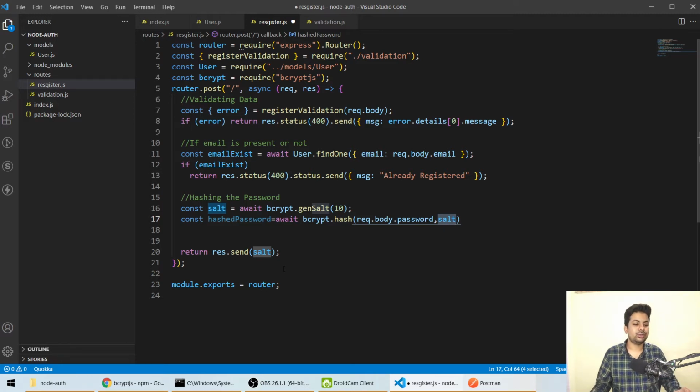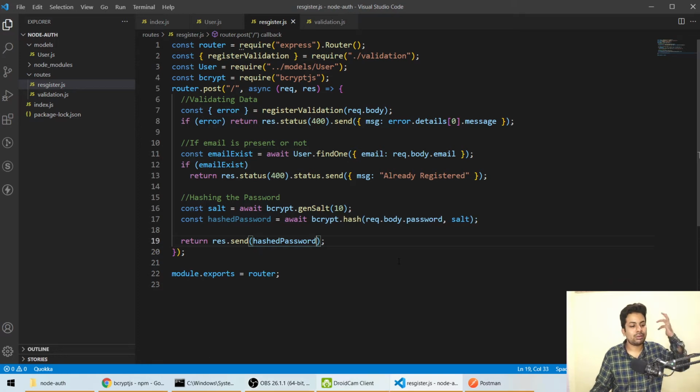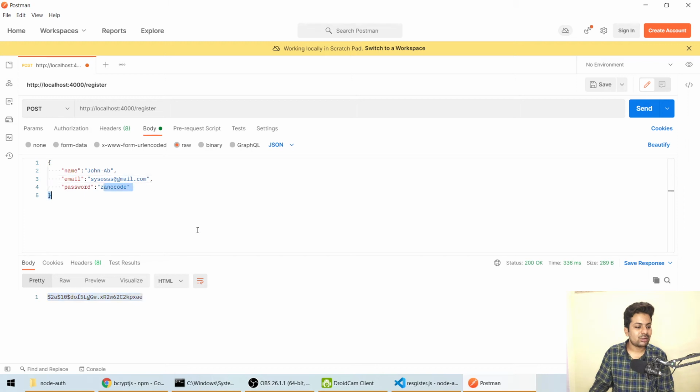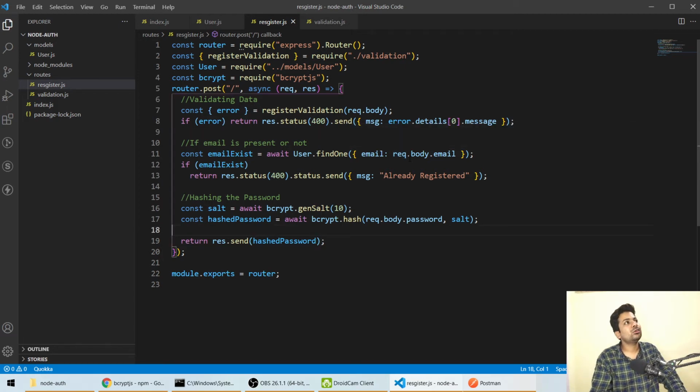Let me show you the hash, how it will look. Hashed password, you can't understand what it is, you'll be like whoa, what is it. Yeah, so I'm sending Xeno code, and let's see what the hash becomes. See, it's so much bigger, you just can't do anything with it. Now it's time we push the data to the database. Now everything is fine. Now one question may be in your mind: how will we check when someone enters their password, how will they match?